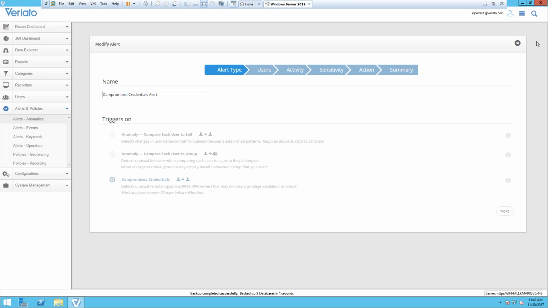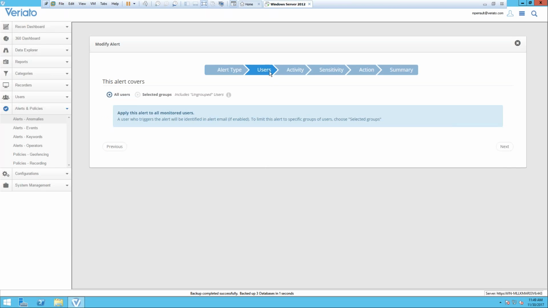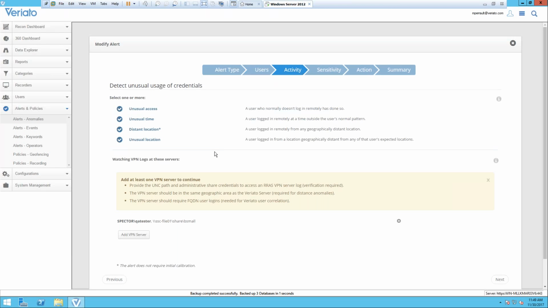What I wanted to bring up is that we have a couple ways to look at things that are happening. We have what we call an anomaly that compares each user to themselves. We have an anomaly that compares each user to a group, and then compromised credentials. The compromised credentials basically goes through and says, okay, if you have a user that we've stipulated, or if we want to monitor all users that do certain things in the environment, so a user is logged on normally, hasn't logged in. Typically, this is going to be if you have users that log in one place and then all of a sudden, for some reason, log in somewhere else at the same time. We can alert you on this and tell you what's going on based on the location or an unusual location.